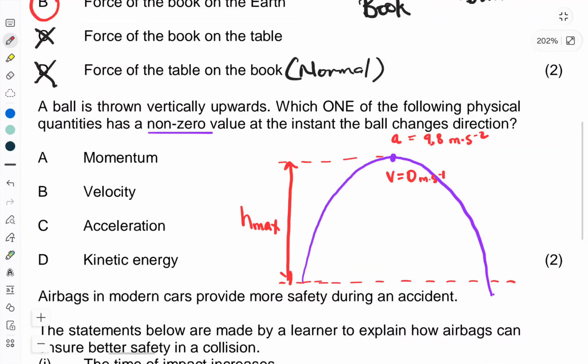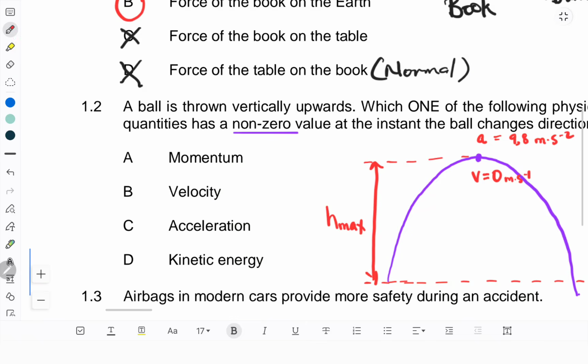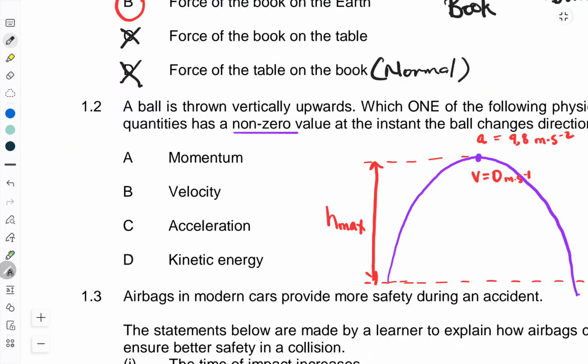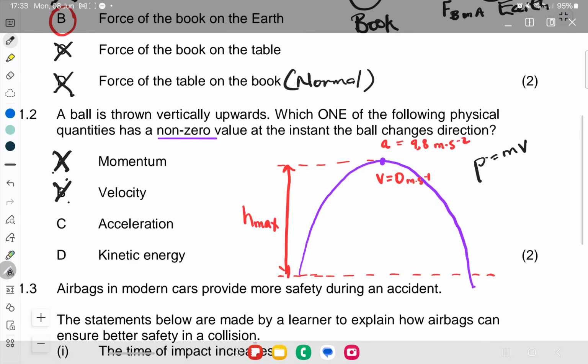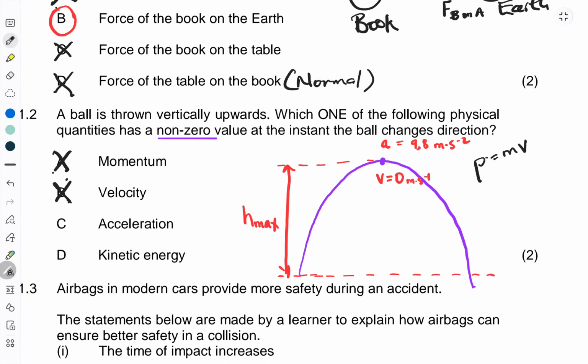Okay, so now let's go and check the physical quantities we've been given. So A is momentum, non-zero at that maximum point? Well, momentum is P, which equals M times V. We know that V is 0, so 0 times whatever mass gives a momentum of 0. So it can't be momentum because we are looking for a non-zero quantity. Velocity, we just said velocity will be 0. It can't be velocity. And then acceleration,